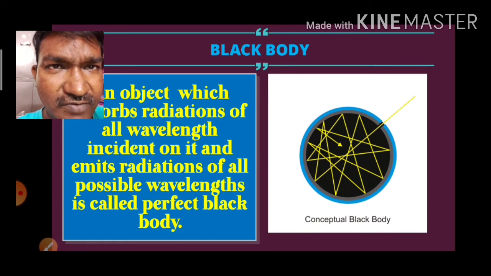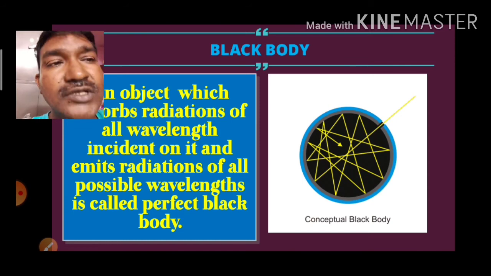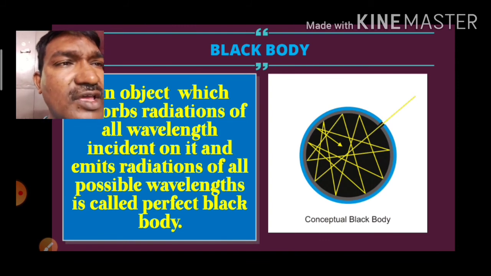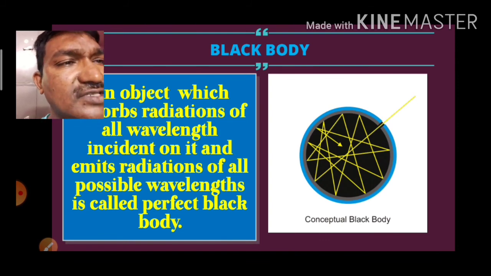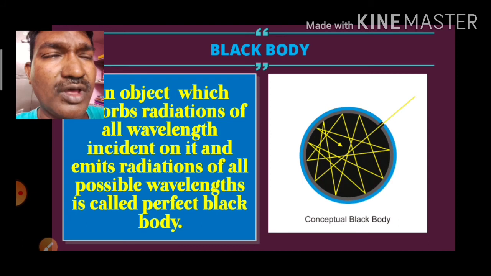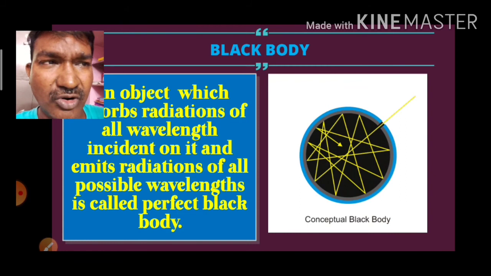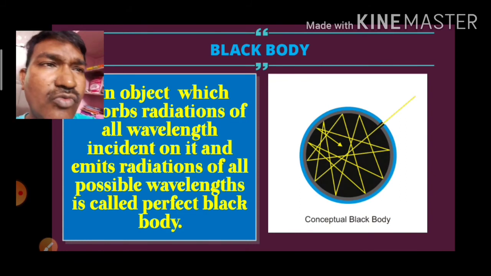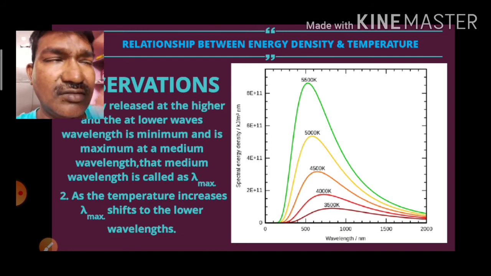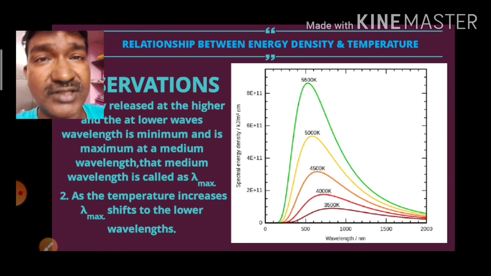But here it is not a perfect black body. It cannot absorb all types of radiations completely. So, the definition of a black body once again: a metallic sphere with a small aperture on its surface and whose inner surface is coated with platinum black powder merely acts as an ideal black body. That we have to remember. Now when this black body is heated, then it emits all types of radiation that can be absorbed by that object.